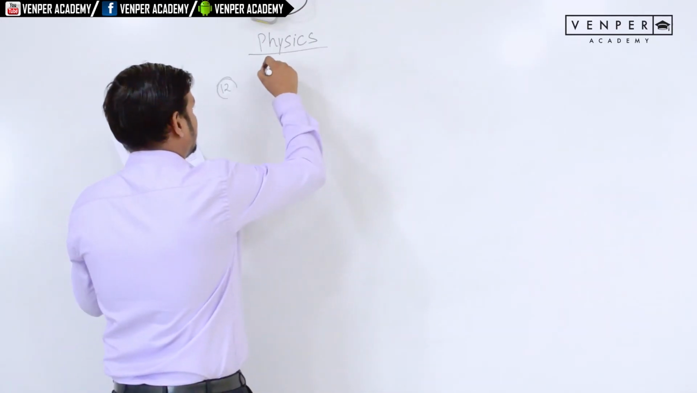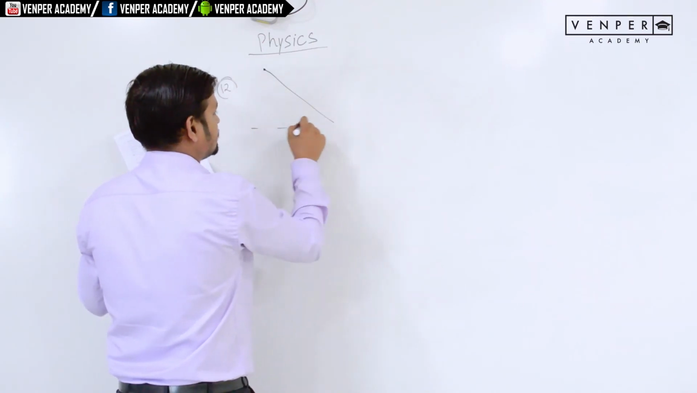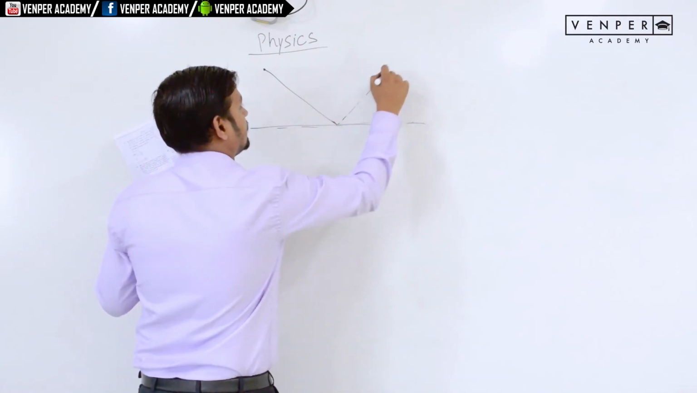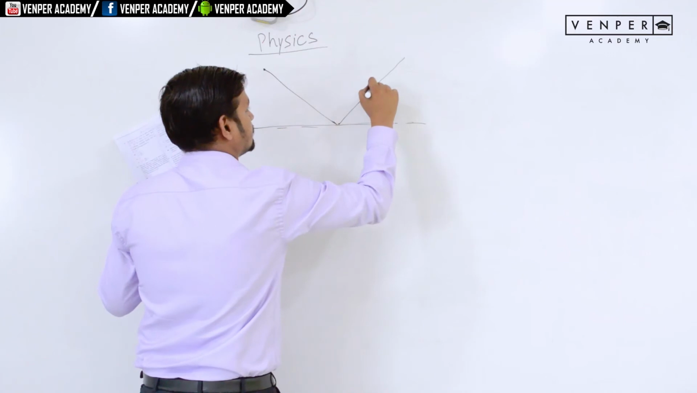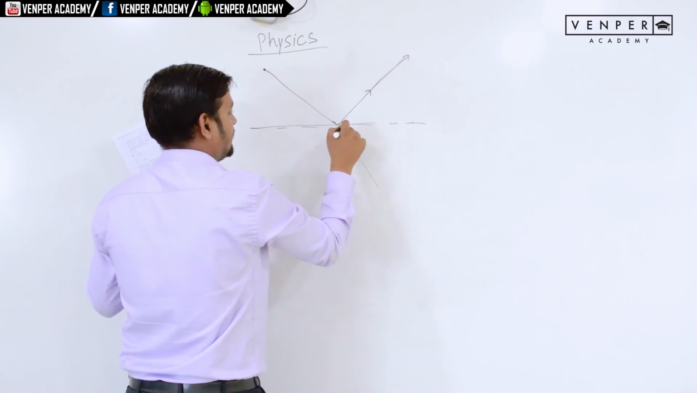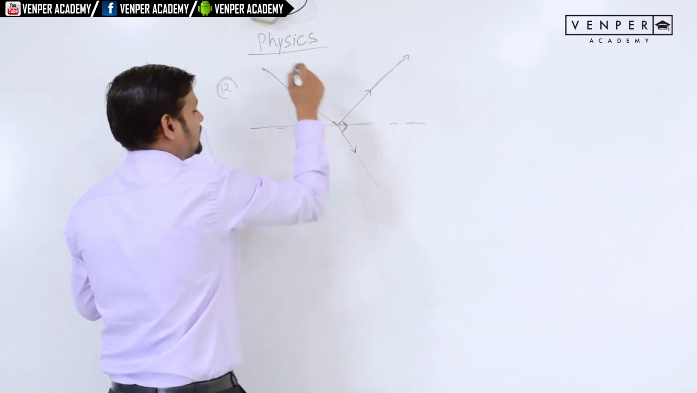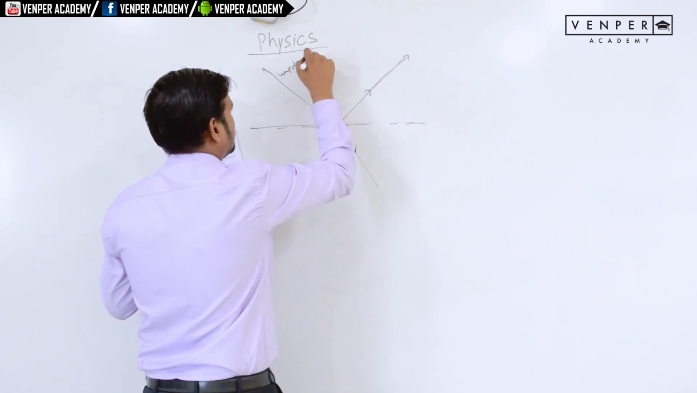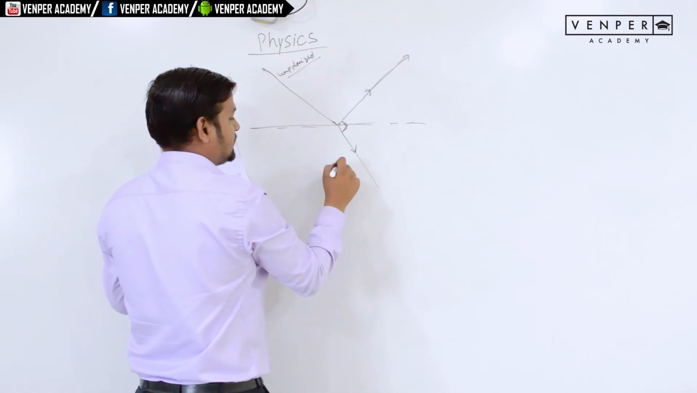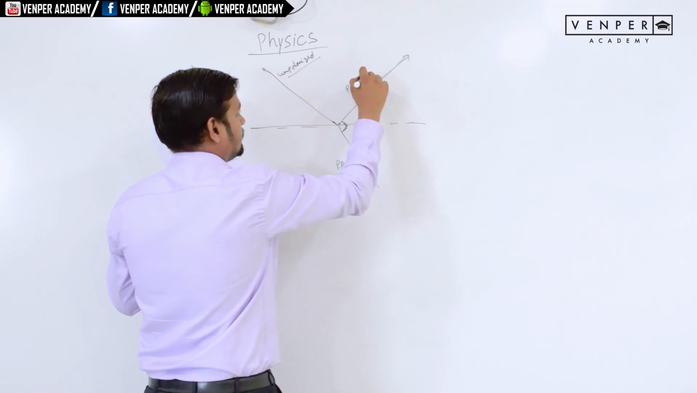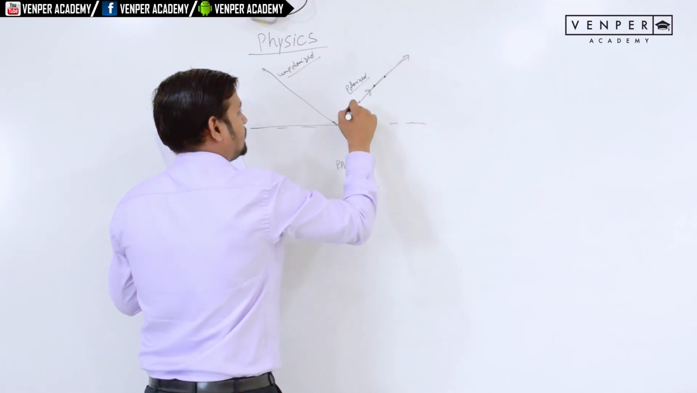Whenever any unpolarized light is incident on a surface, this is your surface, clear? One ray is reflected, and this is your reflected ray and this is your refracted ray. These are perpendicular, clear? So here in this case it is unpolarized light. This is unpolarized light. This is partially polarized and this is polarized, clear? Okay, here in this case that polarized light